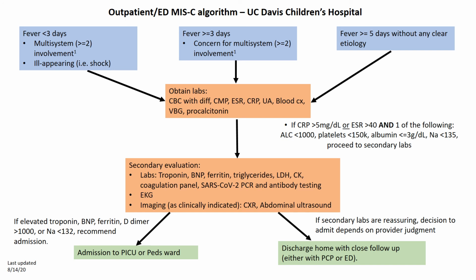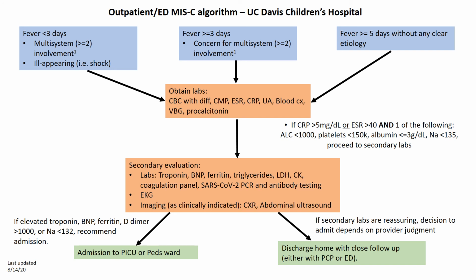We are recommending at this time that the patients that meet these criteria get labs done, which include a CBC, CMP, sed rate, CRP, urinalysis, blood culture, and if they're ill appearing, a VBG and procalcitonin are also recommended. If they have evidence of inflammation, so they have a CRP greater than 5 or a sed rate greater than 40, and they have at least one more of the following: lymphopenia, thrombocytopenia, hypoalbuminemia, hyponatremia,